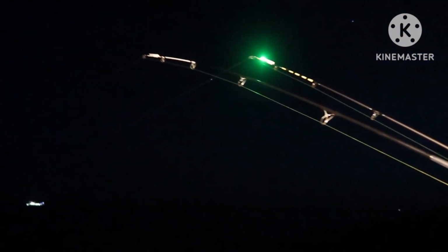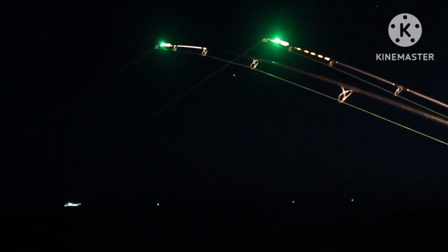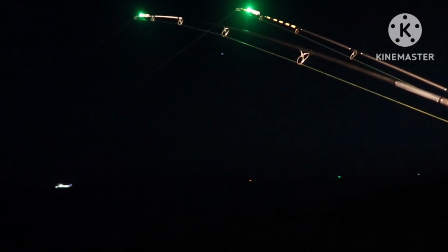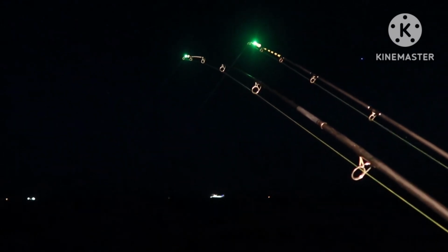Right, well it's pretty much low tide now. Don't know if you can see, pretty much out there. Just about, maybe. I'm getting some rod knocks, but there's literally just the waves breaking. So I'm hoping within the next, what, 20 minutes, the tide should turn and